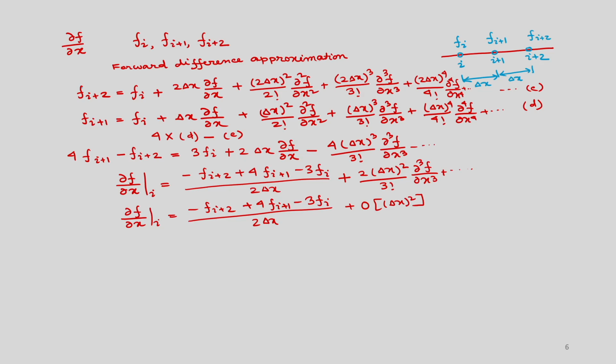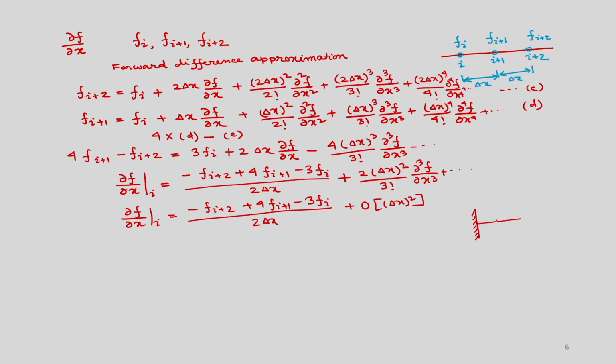Okay. So, sometimes this is required at the boundary point. So, if you have any boundary and you need to find the derivative, or if you want to apply the boundary conditions in terms of derivative, if you want to have second order accuracy of this approximation, then you can use it, because you will get these 3 points: this is your i, this is your i plus 1 and this is your i plus 2. So, if you require second order approximation at the boundary points of the first derivative, then you can use this approximation.